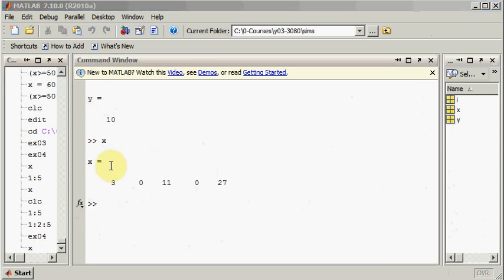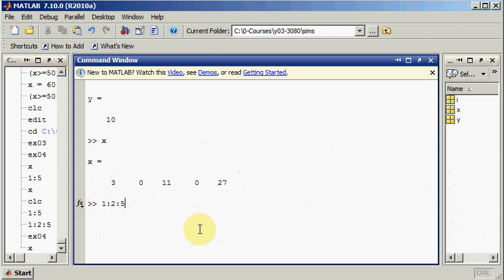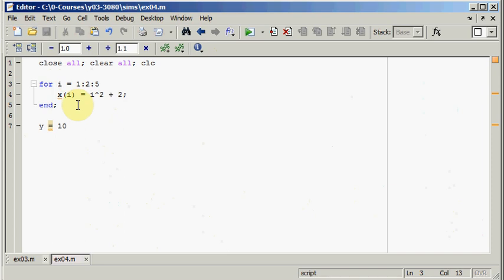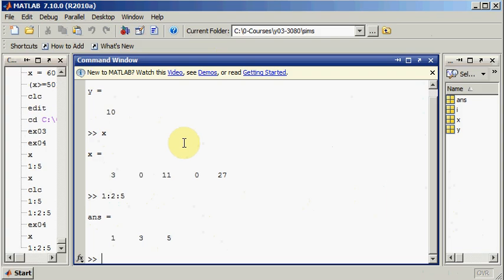So here we can see the results, and this looks quite strange to us. We can still see 5 elements, which maybe we didn't expect. We thought 1 colon 2 colon 5 is just 3 elements, and in fact it is 3 elements. This for loop here will only run 3 times. However, in this position we are substituting the values 1, 3, and 5, and so that's the vector Matlab has created here. So you can see in the first, third, and fifth positions, we have substituted the result of that expression, and then we hadn't supplied it with any values for the second and fourth